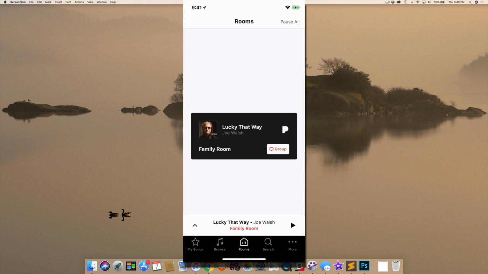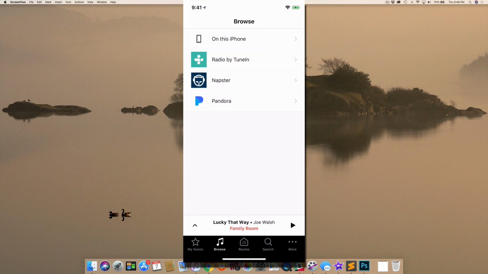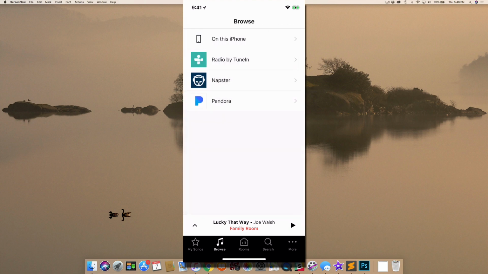Now, let's say, for example, we want to go into Pandora, or one of our other services and play some different music. What we want to do is go just to the left of Rooms. There's, again, it says Browse. Just go to Browse. And right now I'm in Napster, as you can see. I'm going to tap to the left. You saw that little chevron or arrow up at the top left-hand corner. Just tap that, and you see it there again. It's top left-hand corner, little arrow,